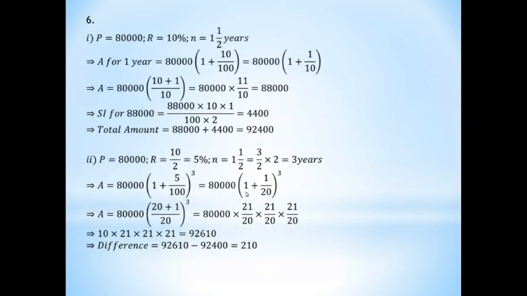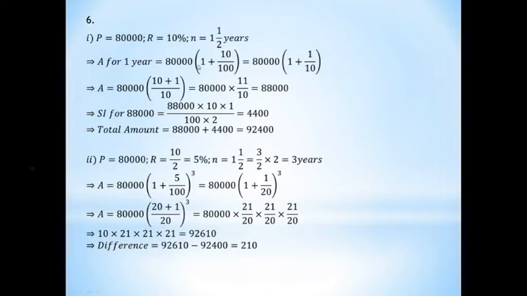What is there in question number 6? Just like how we have done before, here the question is giving us principal 80,000. Then in the first exercise, question sub number 1, the question has left us to do